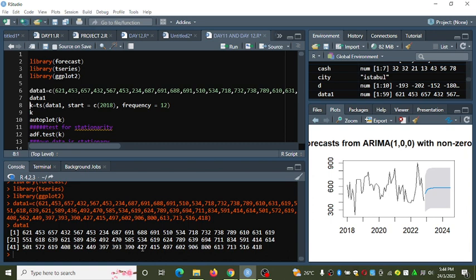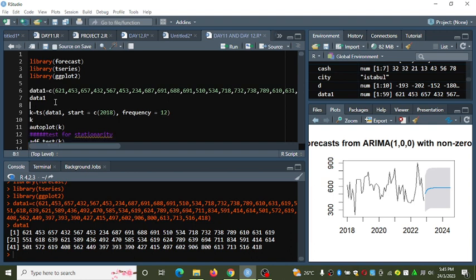Check the syntax for the TS function. The TS function follows this syntax. You have to specify the data first, and the starting point, then you give the frequency. I remember yesterday we said that the frequency in the TS function is used to return the intervals under which you want your data to be assigned.